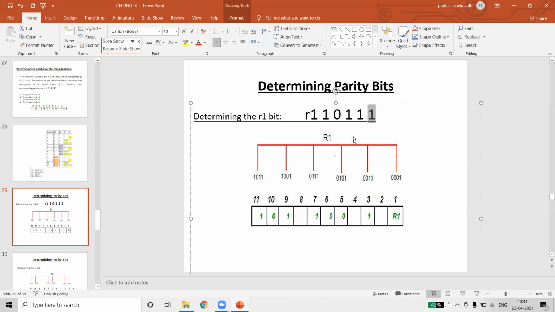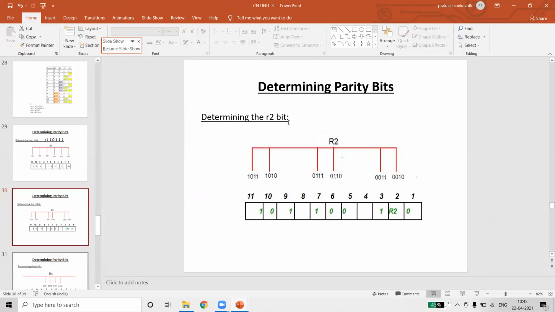Here I discuss once again the parity bits. Suppose we take even parity. In even parity, if the data contains an even number of ones, the parity bit is 0. If the data contains an odd number of ones, the parity bit is 1. So here the parity bit is 0. Why? Because this consists of 4 ones. 4 means even, so an even number of ones means the parity bit is 0. So the R1 bit is 0.